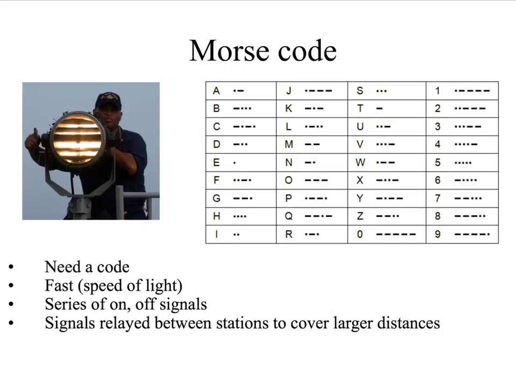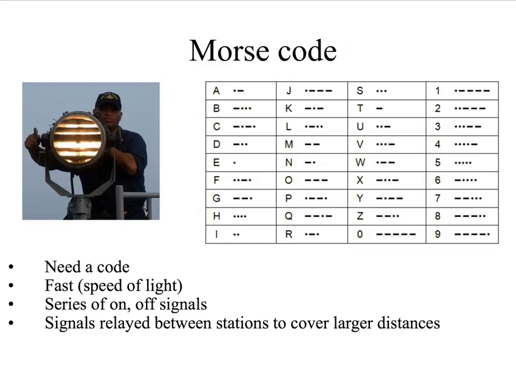Light has been used throughout history to communicate, from lighting fires on the side of mountains and using those as beacons, to using lamps flashing on the decks of ships to send signals between ships, to fibre optics that we use today. In this picture here you can see somebody sending a signal from the deck of one ship to another by flashing a lamp, and the code that they would use to do that is this thing here, the